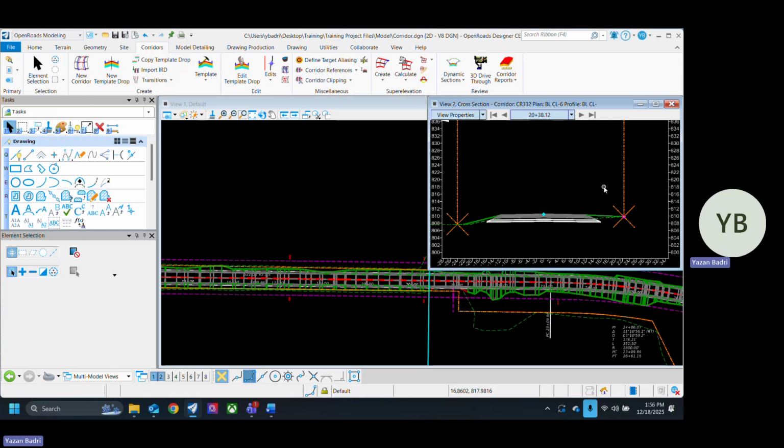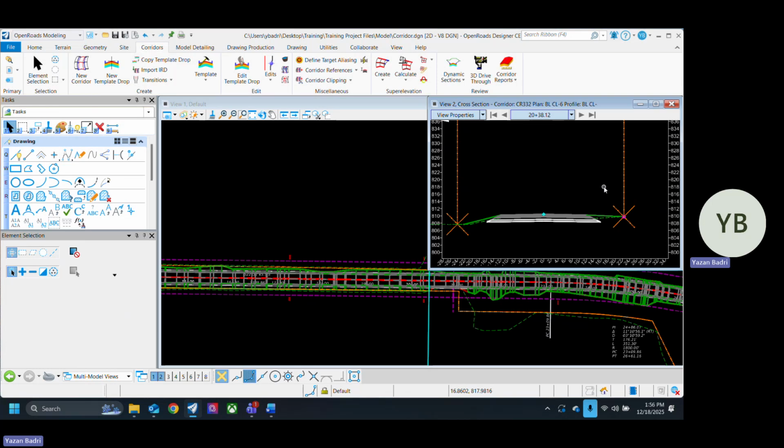Yeah, somewhat like that, but what I meant is the difference in how they're being applied. One is modifying something inside the template, like a width or a slope, for a specific station range or section. Whereas the other one just keeps everything as is, but makes a point follow some other geometry. One is modifying inside the template, and the other is modifying the corridor to follow a line or follow